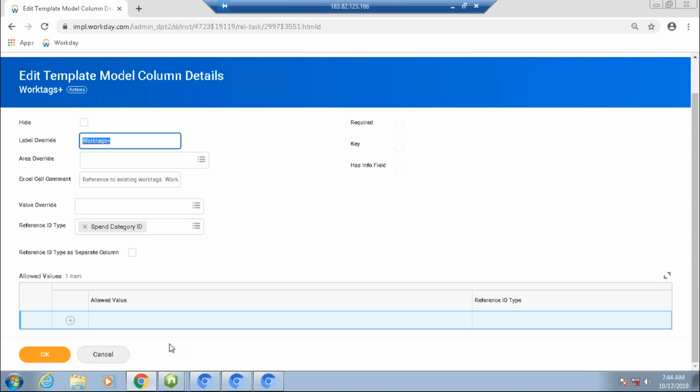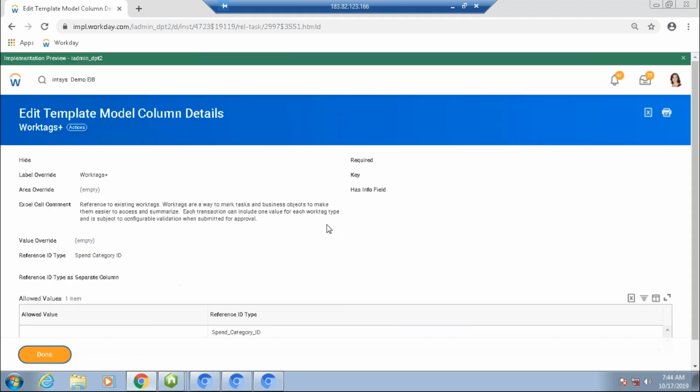I remember I have some custom validations where spend category ID was being used. So I put spend category ID in the template model. Now I'll hit OK, done,